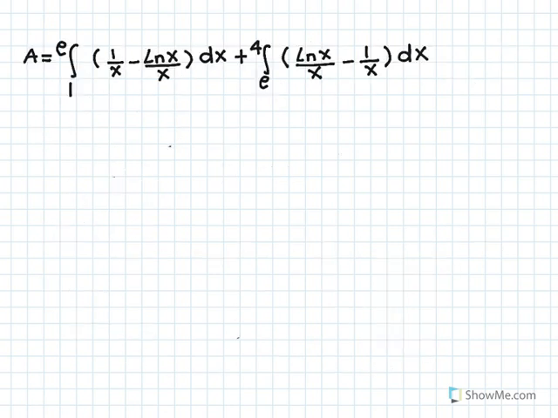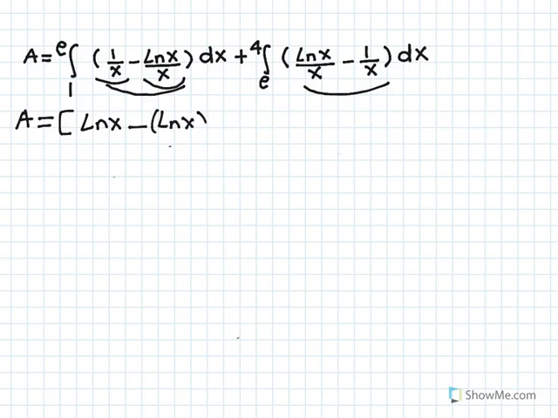All right, so the area is the integral from 1 to e of 1 over x minus log x over x dx, plus the integral from e to 4 of log x over x minus 1 over x dx. We just have to integrate it now. So the area is going to be equal to, what is the antiderivative of 1 over x? That's just log x. And we already found the integral of log x over x using the u substitution method. That's (log x) squared divided by 2,